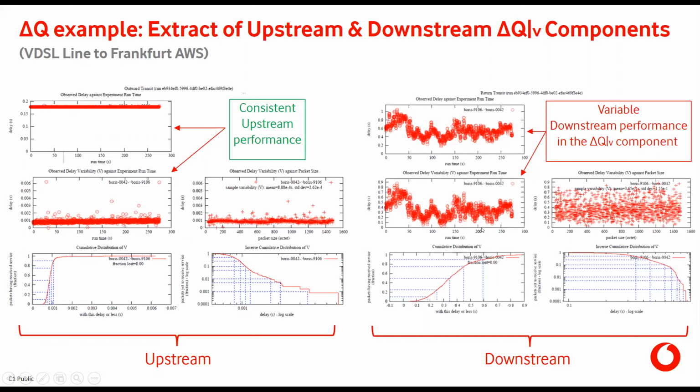But actually, when we come to the downstream, you can see this is where the problem started to come. So the observed delay and the variability is now much more pronounced. And if you plot the cumulative distribution here, we start to see that the lines moved off to the right here. So we've got greater quality attenuation. And it's important there, by splitting these two upstream and downstream components and looking at it from the distribution perspective, we can quite easily see how each of those components, both upstream and downstream, contributes to the overall performance. And we can narrow down on the fact that this was a downstream performance issue on this particular line.